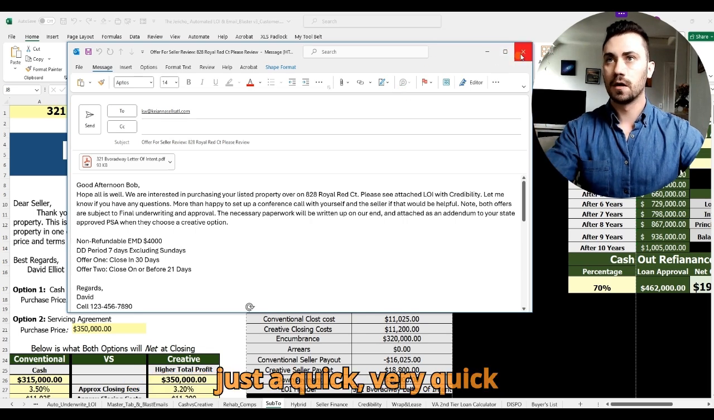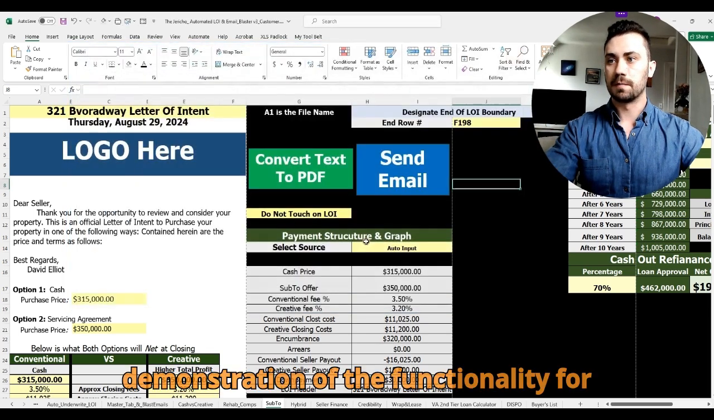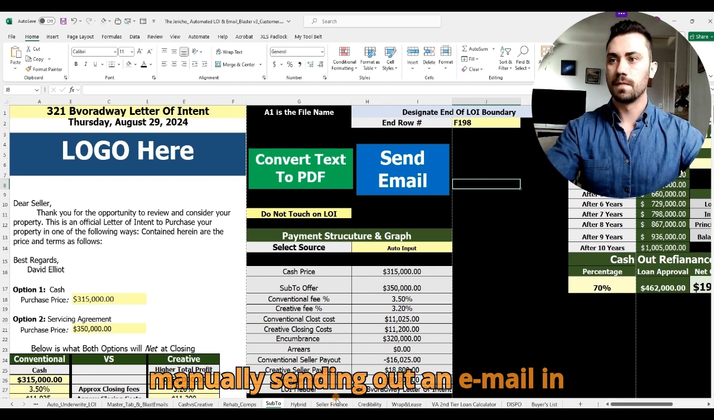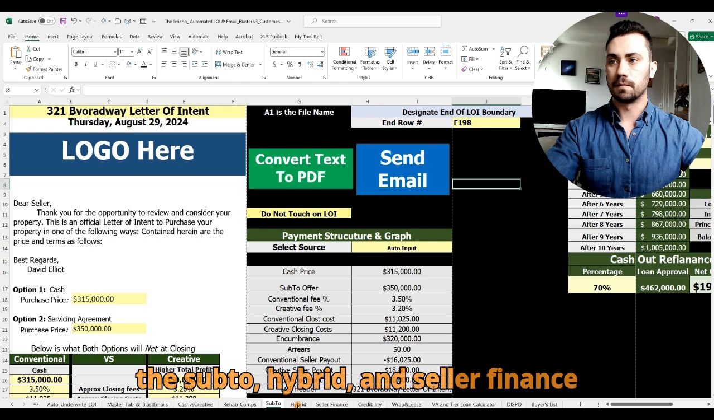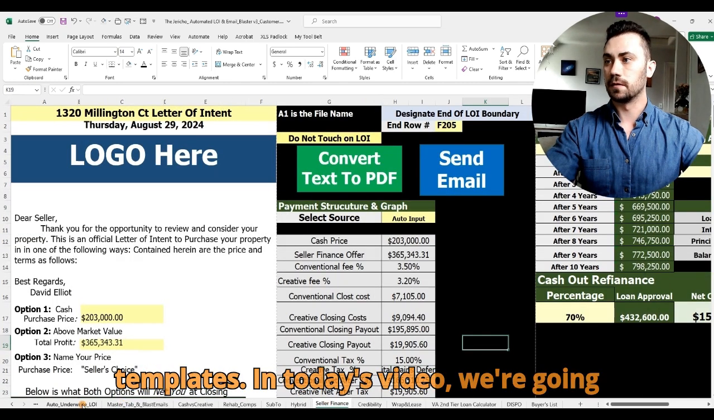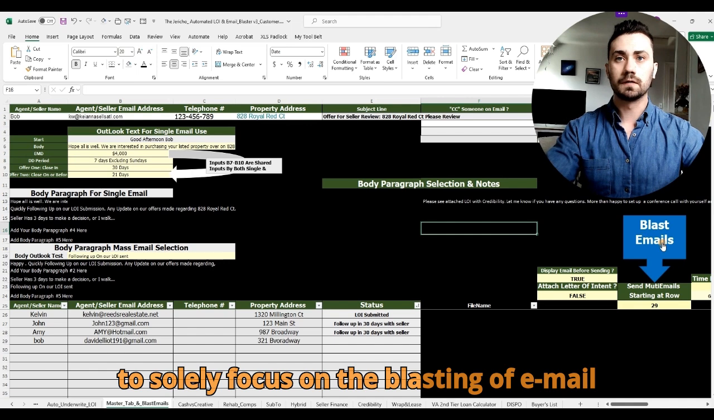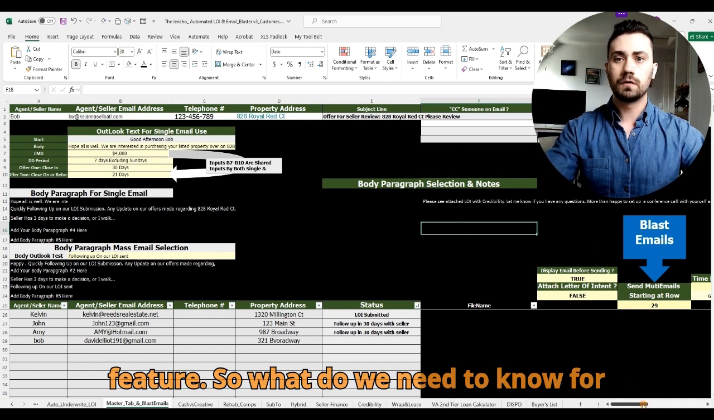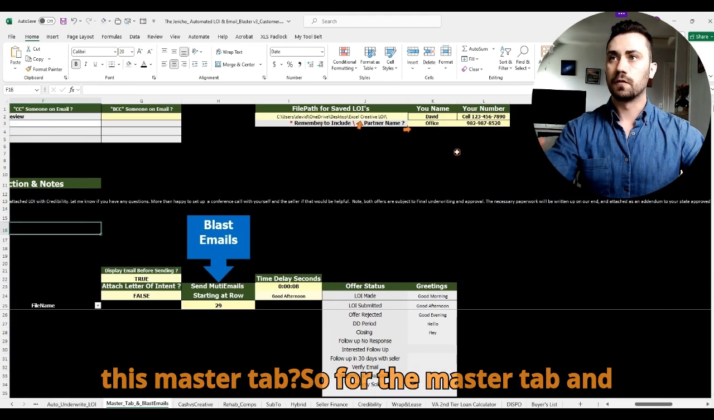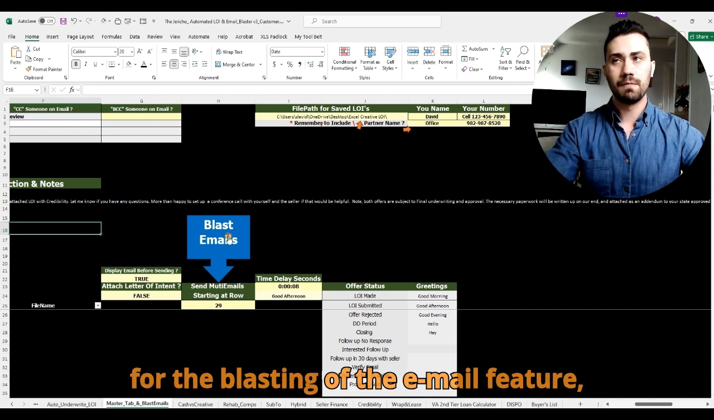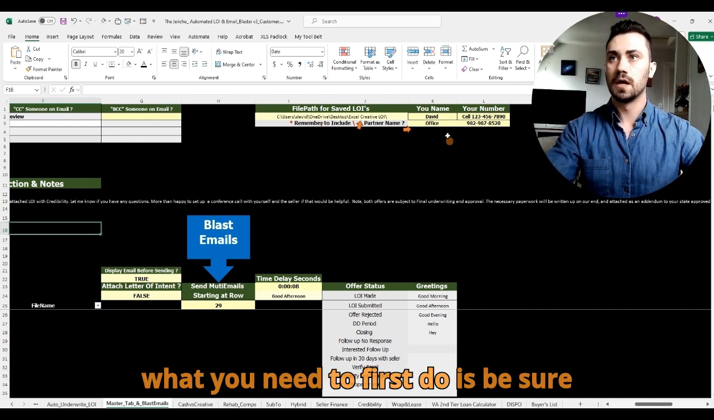This is just a very quick demonstration of the functionality for manually sending out an email in the sub 2, hybrid, and seller finance templates. In today's video, we're going to solely focus on the blasting an email feature. So what do we need to know for this master tab? For the master tab and for the blasting of email feature, what you need to first do is